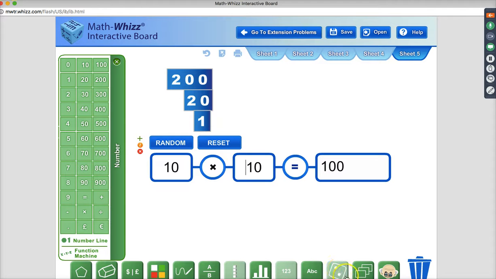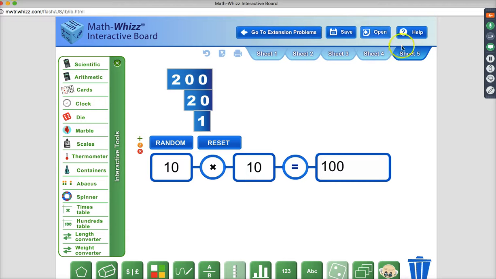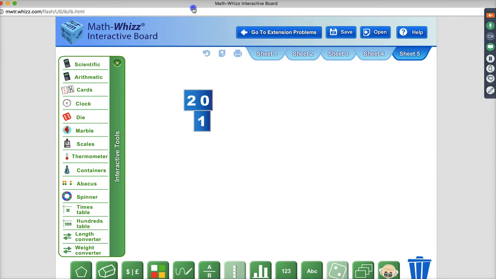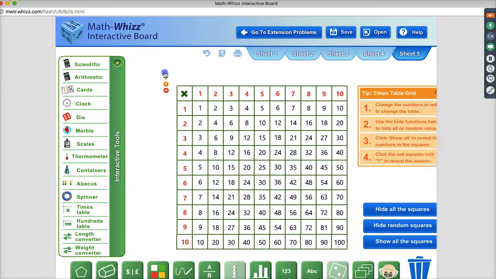Under the dice here, there's just a bunch of different tools. So if you're teaching probability, you can use our other tools, because everything in MathWiz is actually delivered on a randomly generated number bank. So there's no type of sequence the kids can think of. Or if you want to teach them how to play craps, we have some dice here, scales, containers. There's a spinner that's also on a randomly generated number bank.